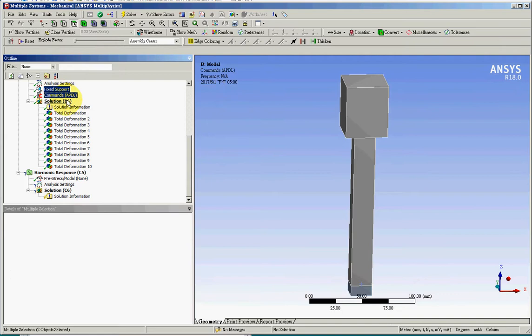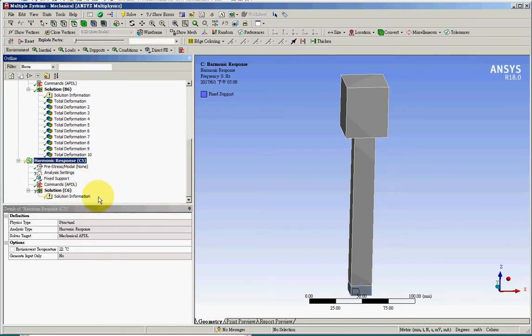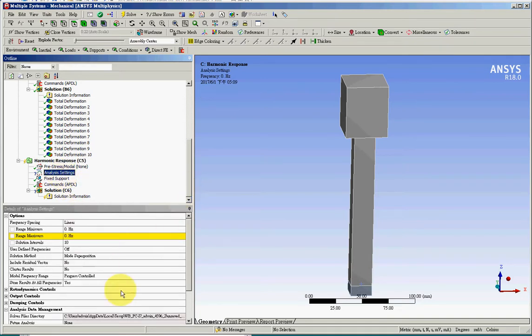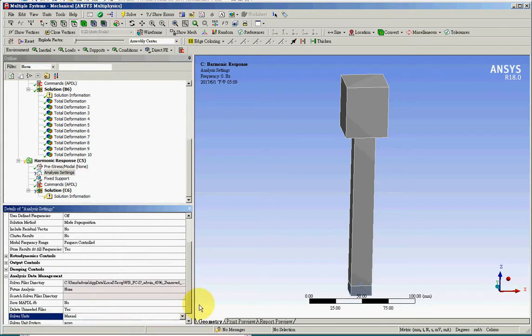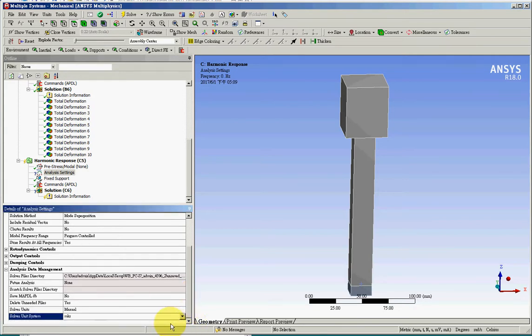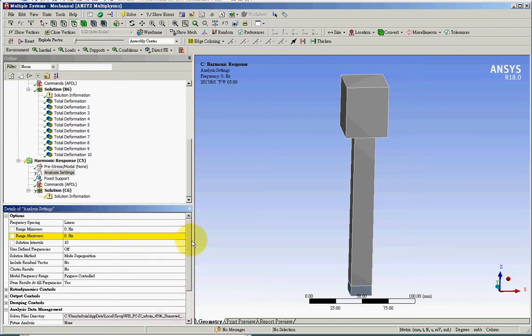I'll copy the boundary condition and loading to harmonic response. And then since we have commands here, I have to define the unit to be manual also. And the unit will be MKS unit. And I will save all the commands. And also, since the frequency is 3921.4, I'll set the minimum to be 3900, and upper bound maximum would be 4000, and I'll run 50